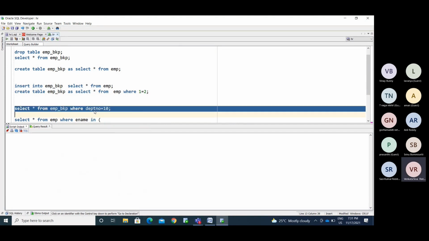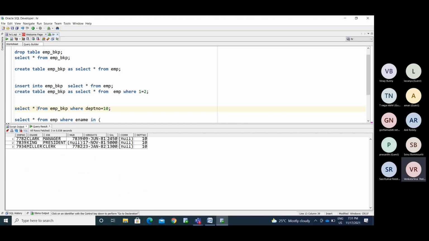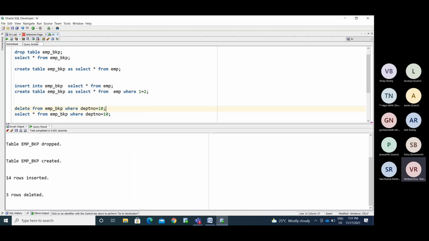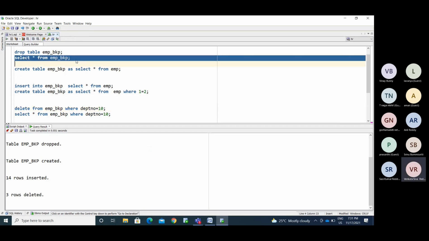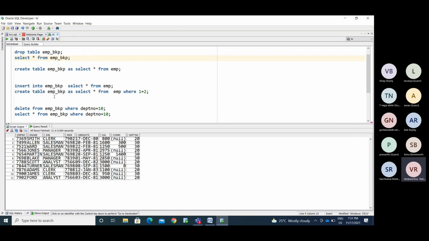Out of 14 records, I'm deleting 3 records, the 10th department information. Now I deleted the data, and the emp underscore BKP table has 11 records.